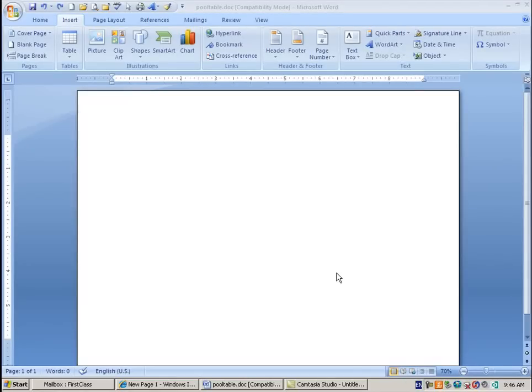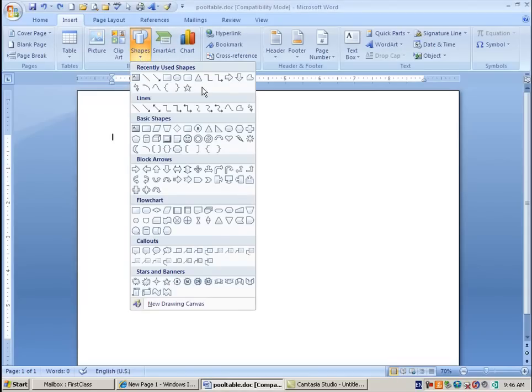All right, this video lesson is on how to build a pool table. So this is more of an exercise than it is an actual lesson. We're going to be using a lot of the tools that we've learned, drawing type tools in Microsoft Word. So we're going to start by inserting a rounded rectangle. So from this menu, we're going to choose rounded rectangle,